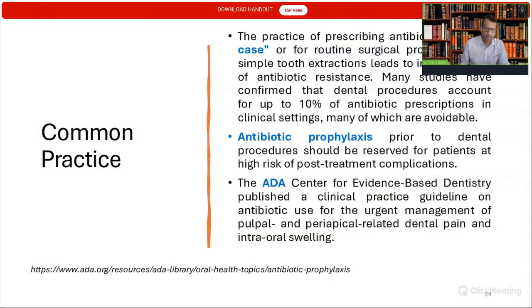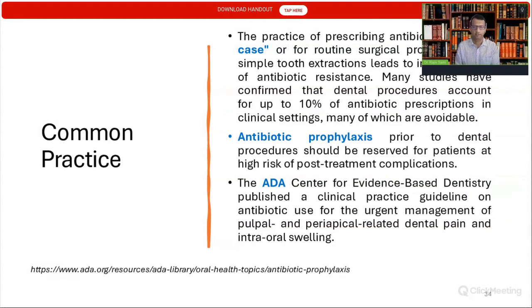It's a common practice on the healthcare side: I'm giving antibiotics just in case. So the just-in-case attitude makes antibiotics prescribed so frequently that it enhances antibiotic resistance cases so much globally. It is not necessary to give antibiotic prophylaxis before a surgical procedure unless it's in high risk